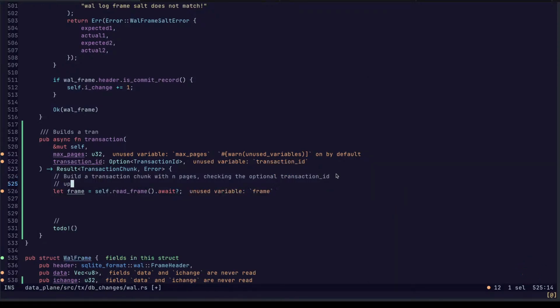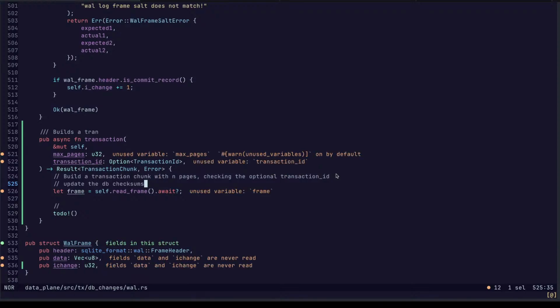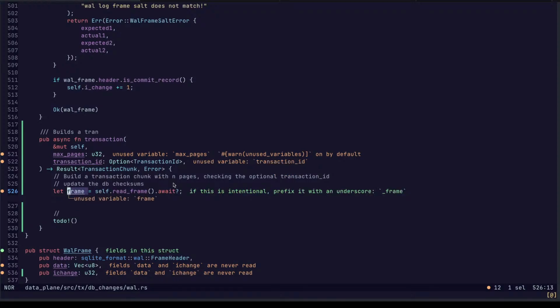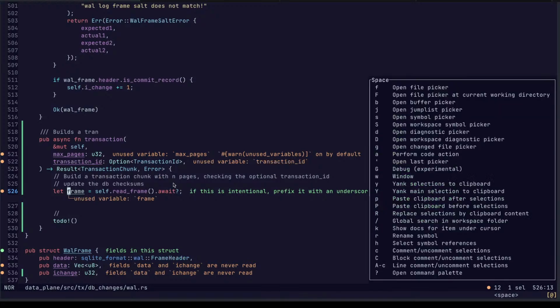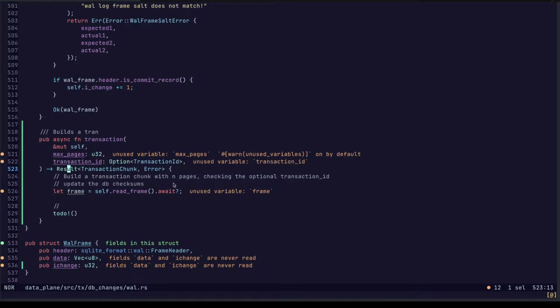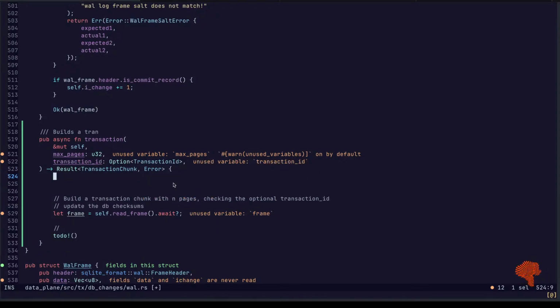I also need to update the checksums. Also get the DB checksum pieces ready.